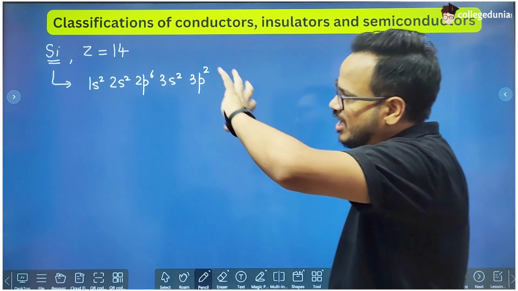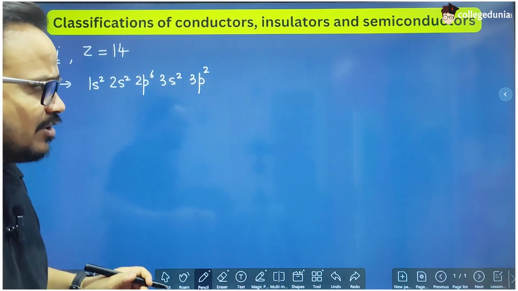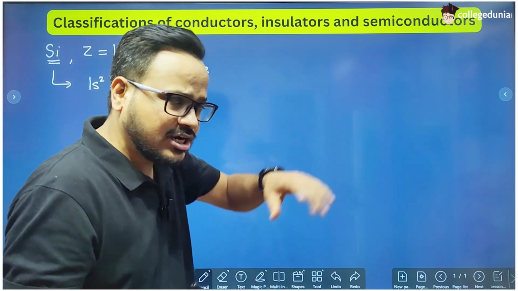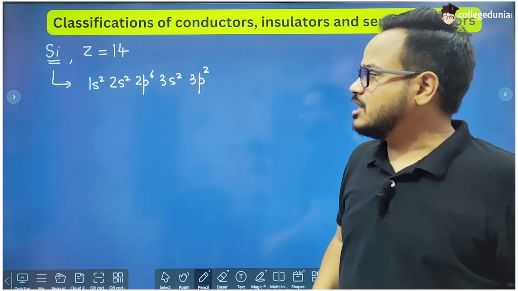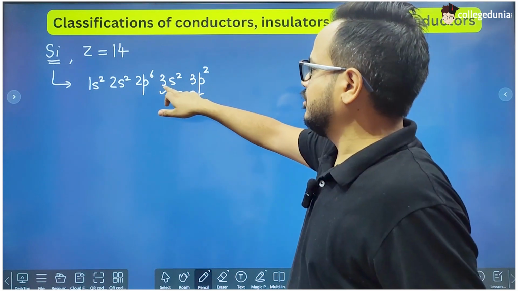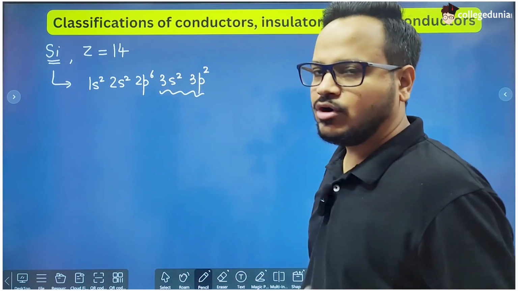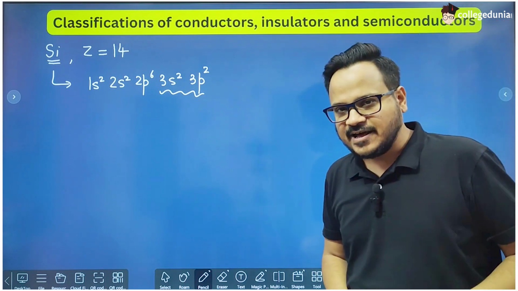So the first shell of every silicon atom is different from each other. That is clearly separated, this first shell belongs to this atom, this first shell belongs to this atom. The second shell is also different for each atom, but the third shell, which is the outermost shell, because 3 is written here, so the third one is the outermost shell. So the third shell of every silicon atom will merge into each other.